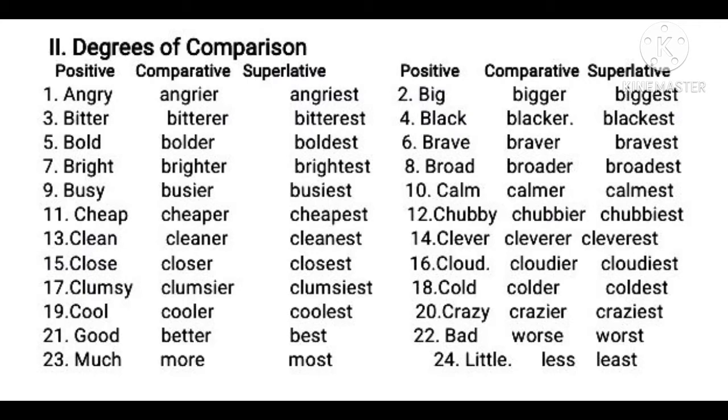So about a book, about a man, big book. So no comparison is there. So we simply say a big book, a small tree, little money. In this way we use the positive degree word of an adjective in the form of sentences. Then where to use the comparative form of degree of comparison?